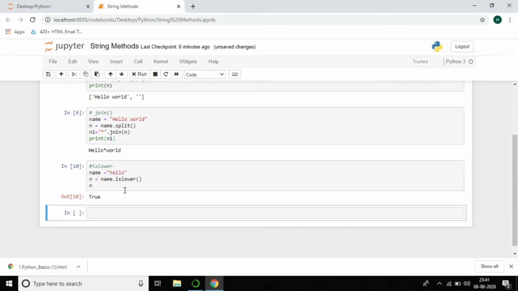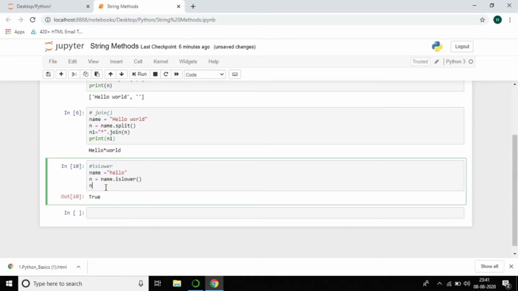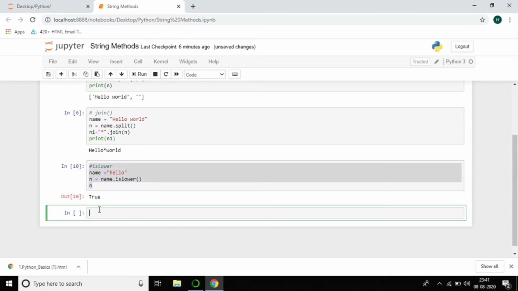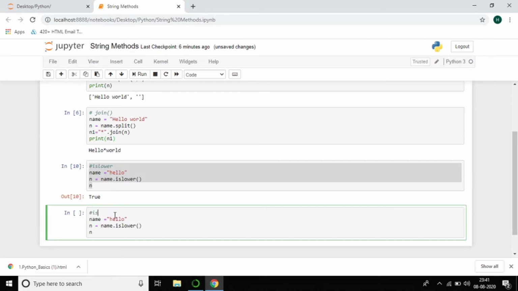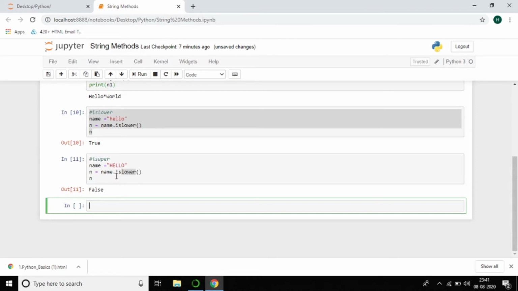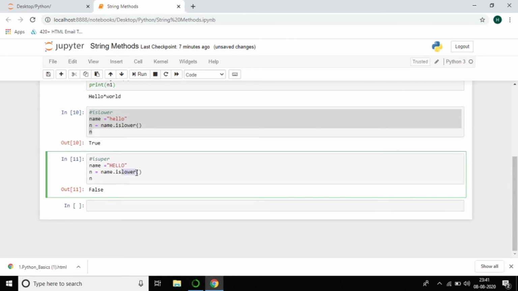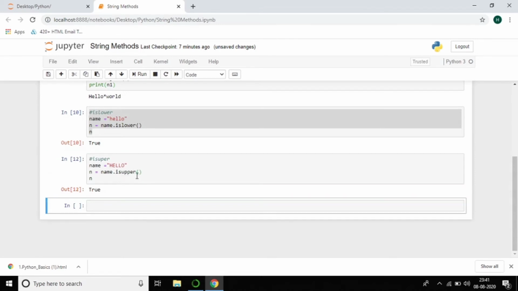You can see it is a capital letter, so we get false. If I write it as a small letter, you can see it is true. It is the same with is upper.